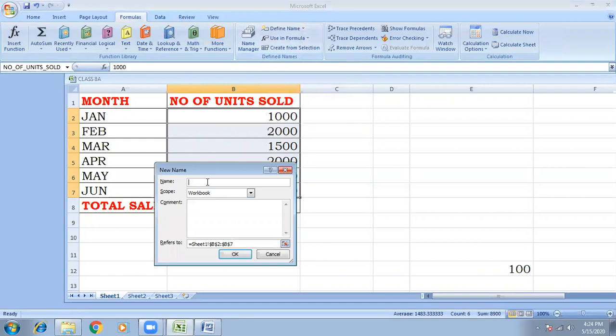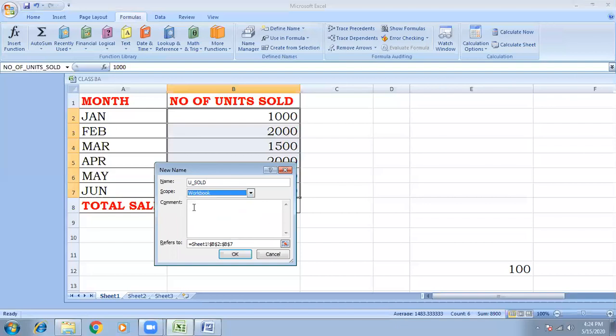I'm writing here unit sold, u underscore sold. This name I want to give for this range, and then click here. You have many options. One is the workbook, Sheet1, Sheet2, Sheet3, and so on. I want the whole workbook, this name works for the whole workbook, so I have selected workbook.